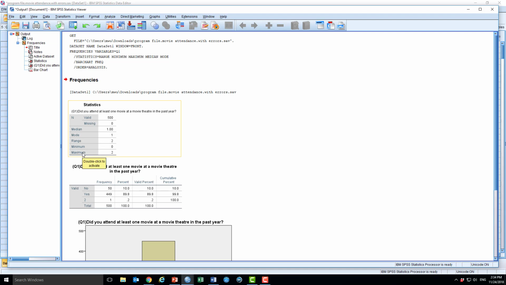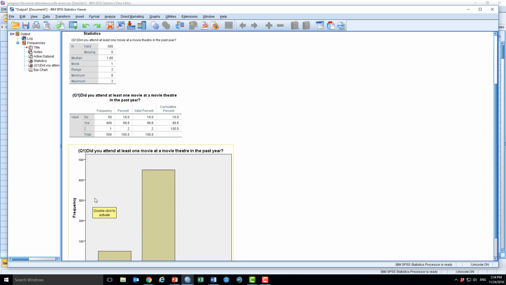So now we look at this frequency table. Say how many no? Okay, we know no is 0, right? We have 50 no, and then we have 449 yes. Okay, that's 1. But somehow we have one called 2. Now this is not supposed to happen. We want to know where it is. Okay, where is it? And then let's go back to the